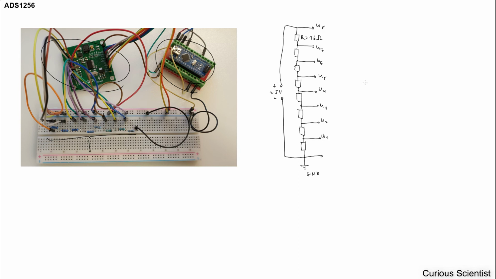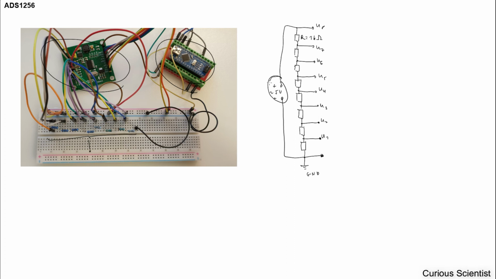So what I have here is the following. So this is the circuit. Here we have the connection to the Arduino's 5 volt, which is in reality not really 5 volts. And these are the resistors. Each of these resistors are 1 kilo ohm resistors. Of course, they are not exactly 1 kilo ohm, but we assume that it's very close to that value. And here we will read the values between the ground and the different U terminals. So I have 8 terminals, and the U8 is the same